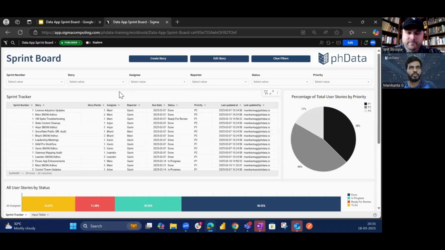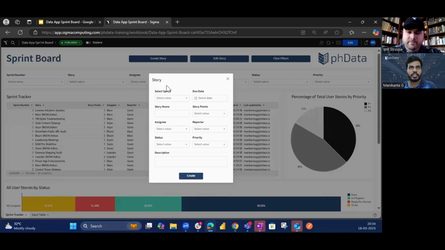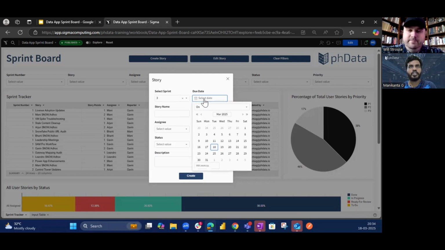So let me first walk you through what I did using the sprint board data app. First of all, I have added a create story button, which will help us to create a new user story per issue. When I click on this button, you can see a couple of fields over here. Select the required fields like the sprint number, due date,